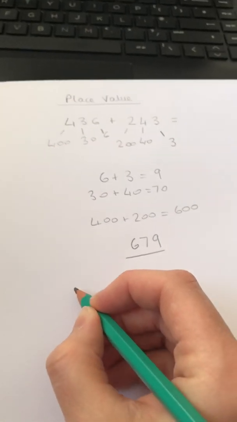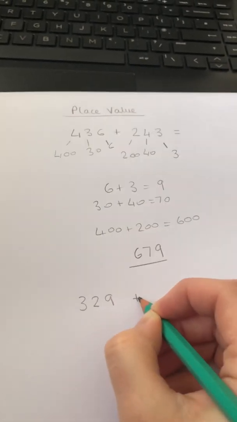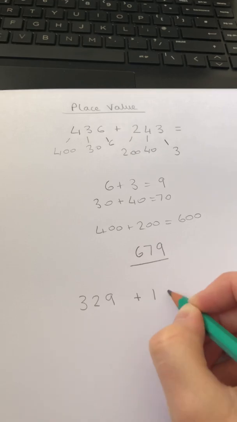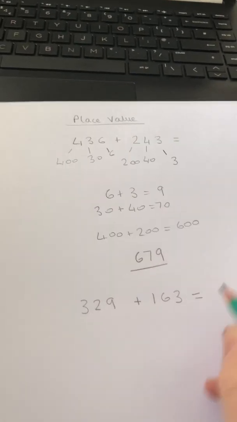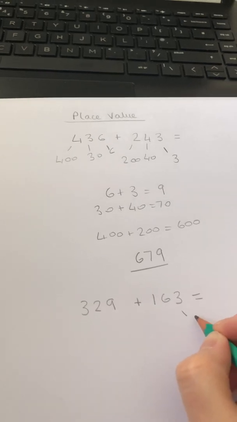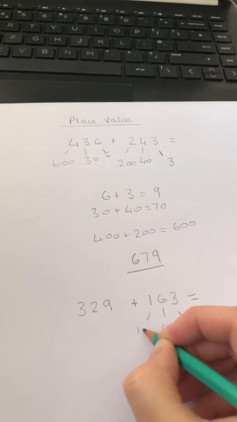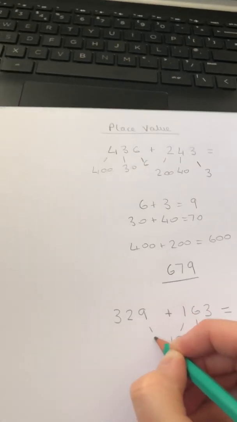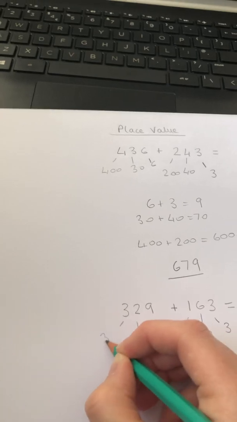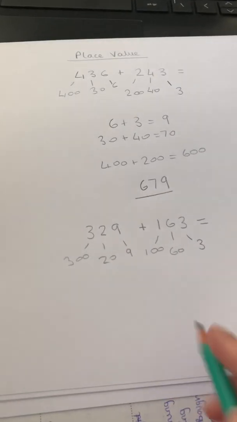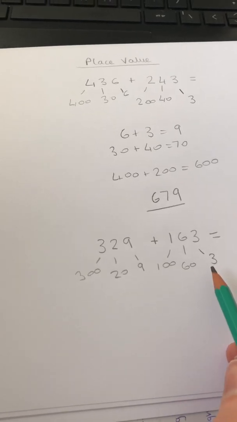So we will go for 329 plus 163. Okay, so we split it into its values, so 3, 60 and 100, and then 9, 20 and 300. Okay, so here we can see that this is obviously going to take us into our tens,